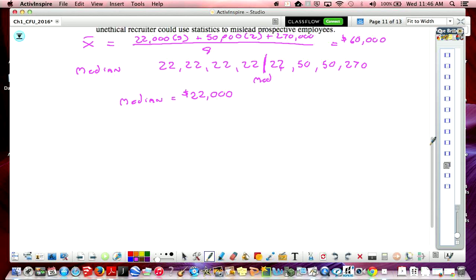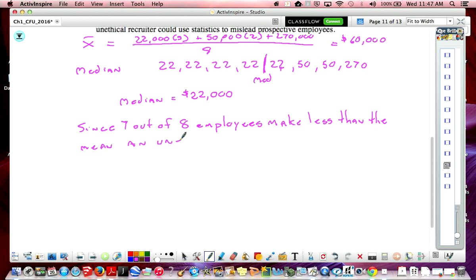Since 7 out of 8 employees make less than the mean,